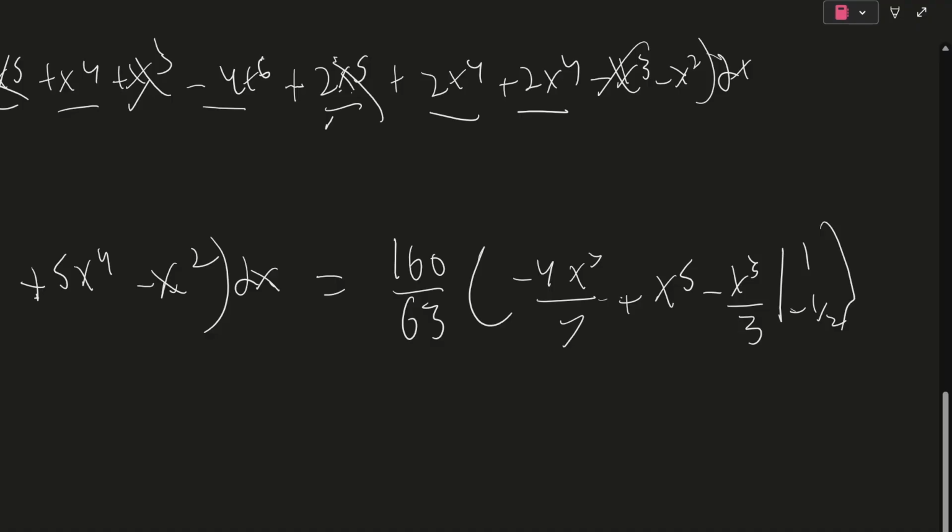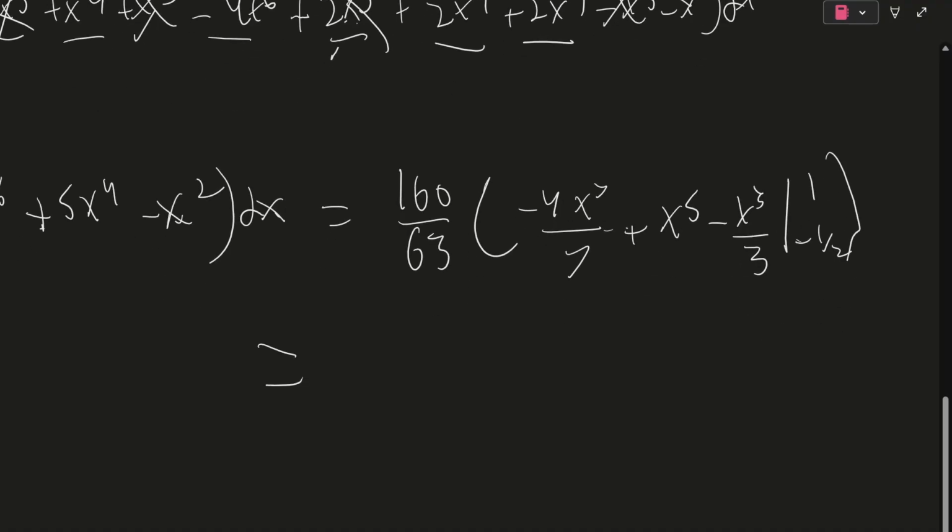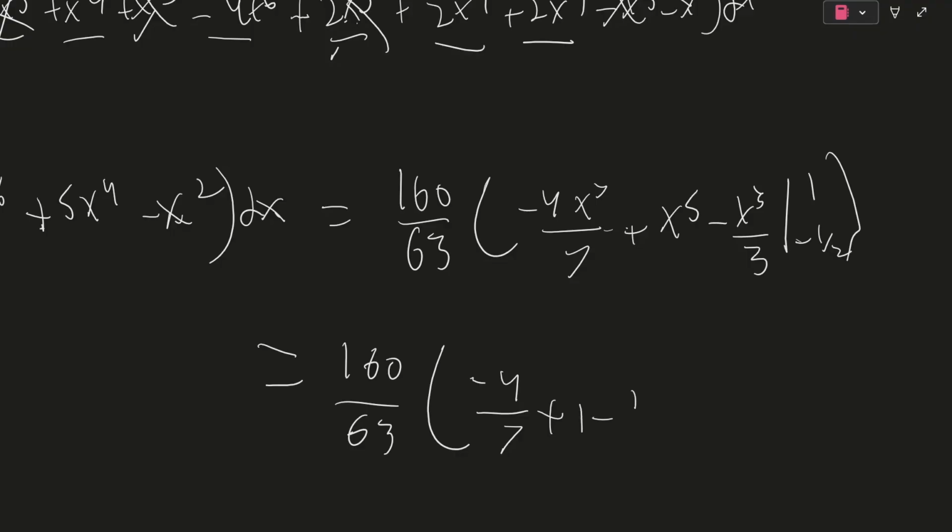Alrighty, and then now this is equal to 160 over 63 multiplied by negative 4/7 plus 1 minus 1/3 minus,